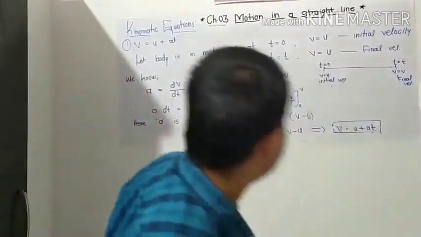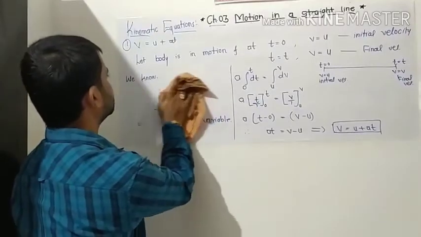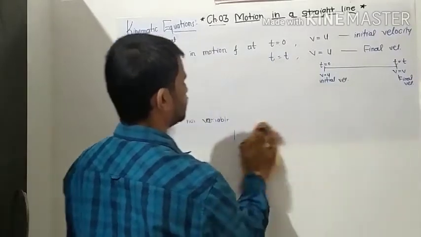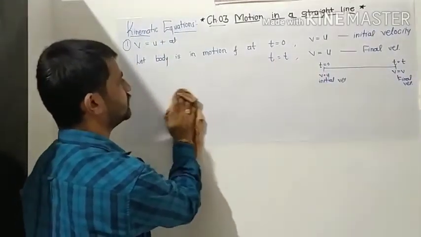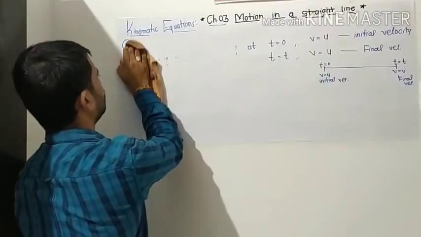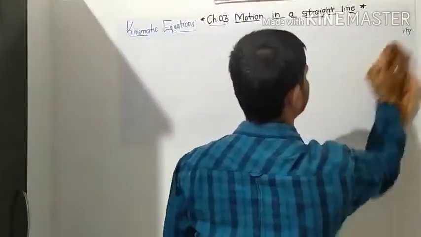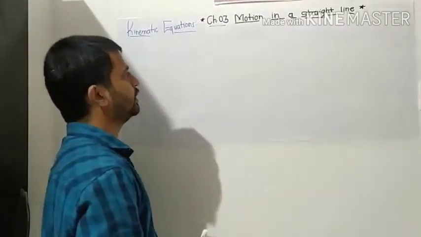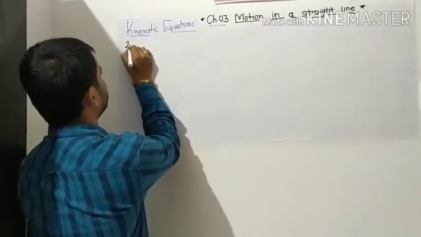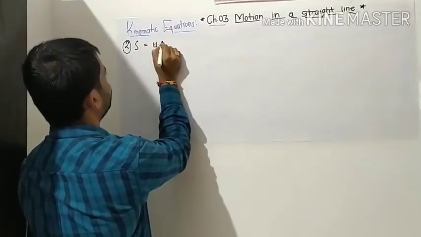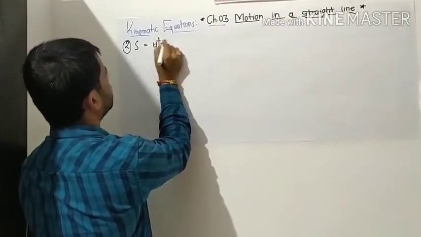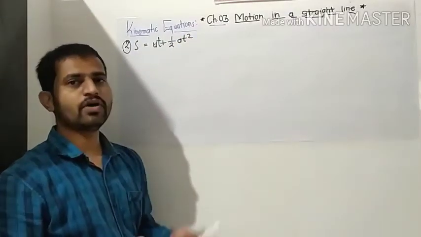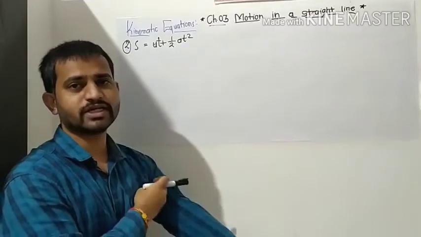For the second equation also we have to consider some conditions here. If we consider the second equation, that is s is equal to ut plus 1/2 at square. So for this again we have to go for some consideration, that let